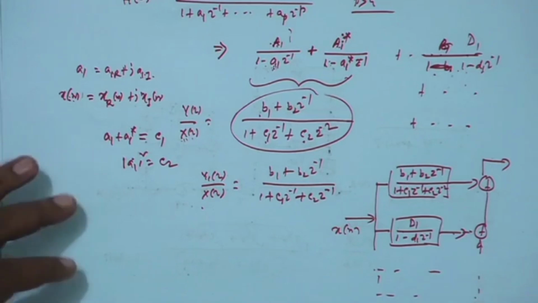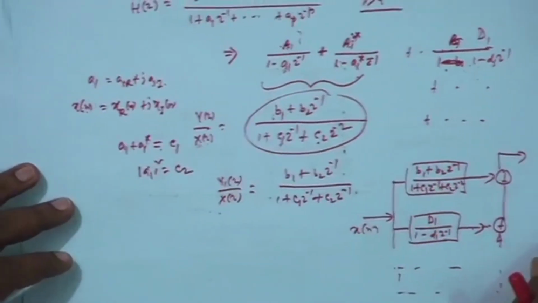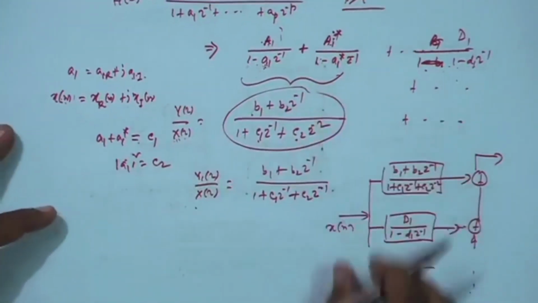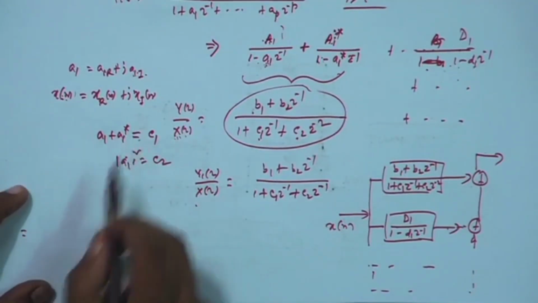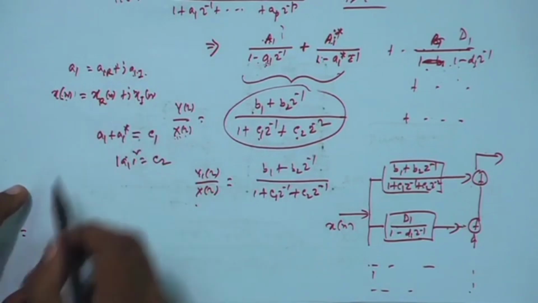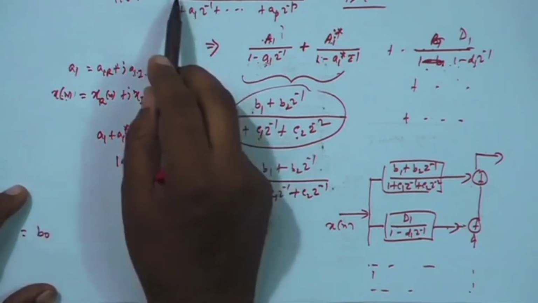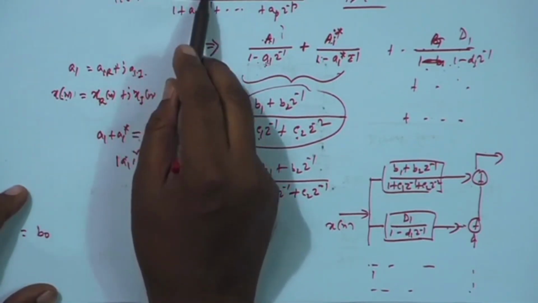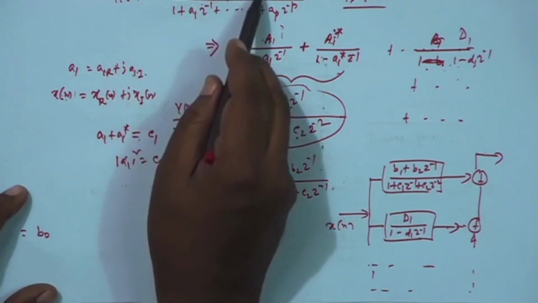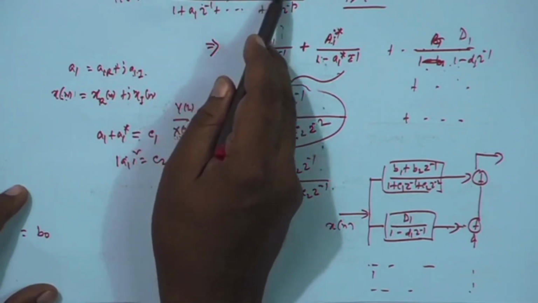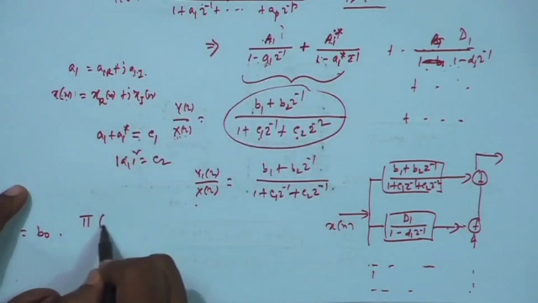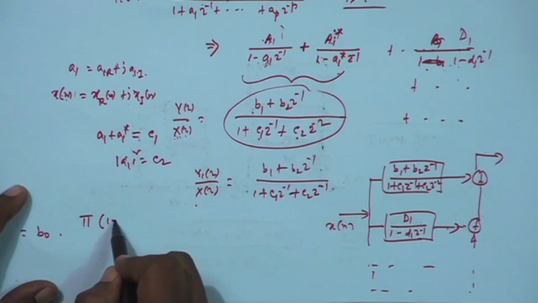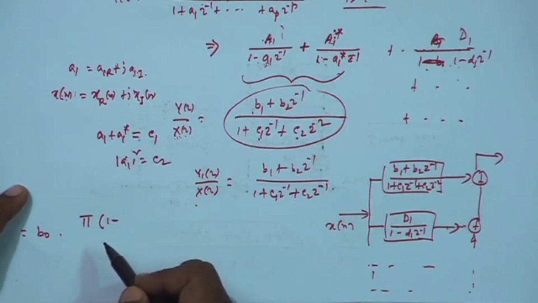Then there can be a cascade form also. Cascade form means instead of going for partial fraction, you go for a product. So, maybe if you take B0 out, so 1 plus B1 by B0 Z inverse, B2 by B0 Z inverse 2, to Bq by B0 Z inverse q, and factorize it. So, maybe numerator will be factors like this, 1 minus, we have to give some name,